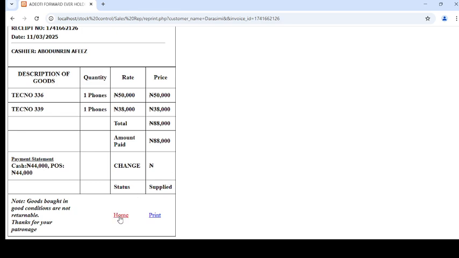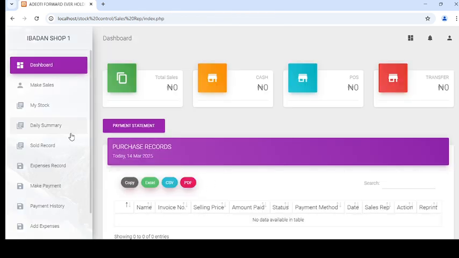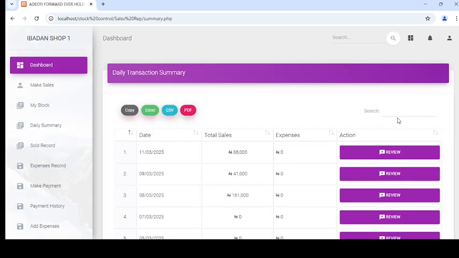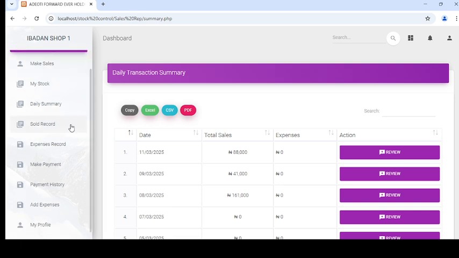Then you click on home. Home returns you back to your dashboard. Do you get that now? This is your dashboard. Can you see? So sorry, let's move on. So I've explained daily summary. You can search dates and all that. You can click on reviews to review what you sold on that day. Then sold record